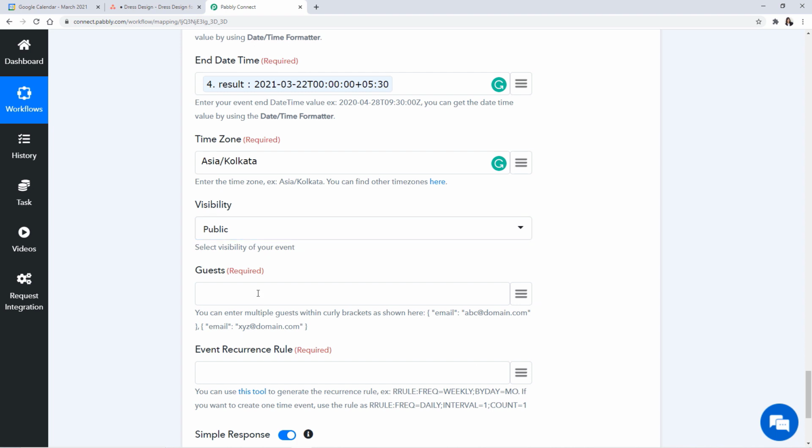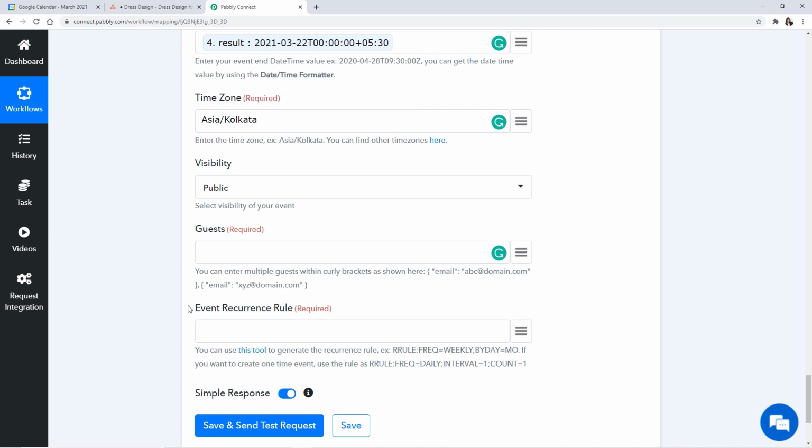Now we have to fill in the guest details. Now who are the guests that we want to invite? So firstly, let's read it. You can enter multiple guests with curly brackets as shown here. So this is basically the format to enter the guest details. So I'm simply going to copy it, paste it, and replace the example ID with the guest ID I want to select.